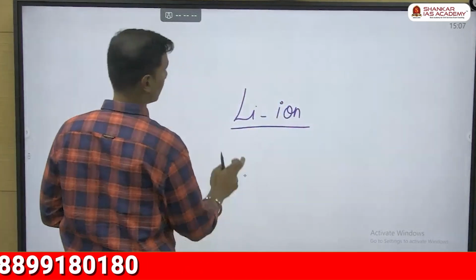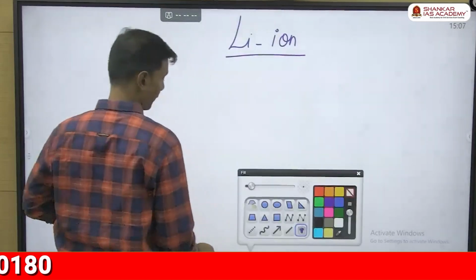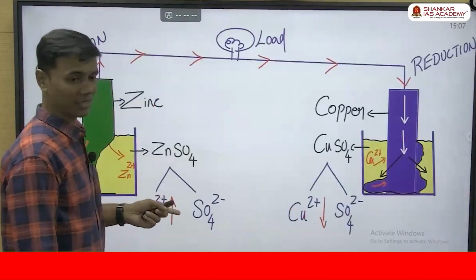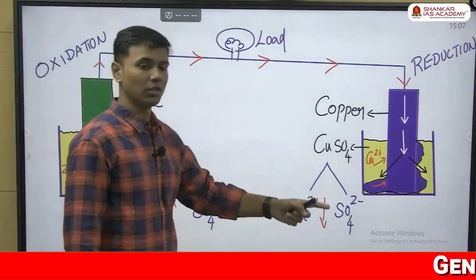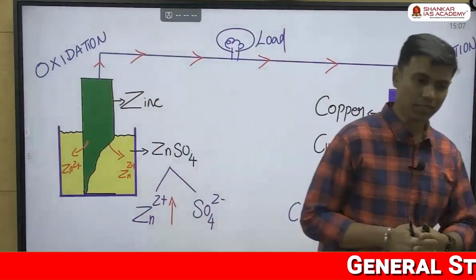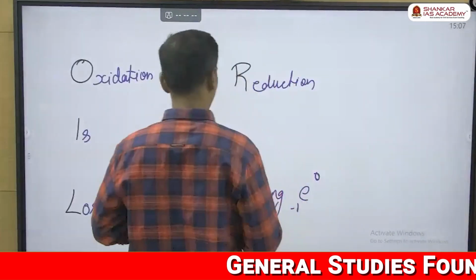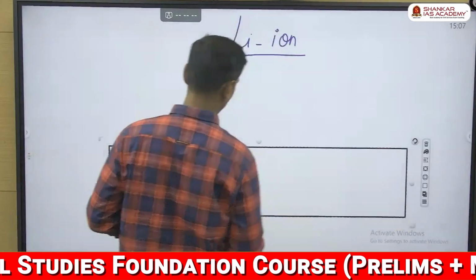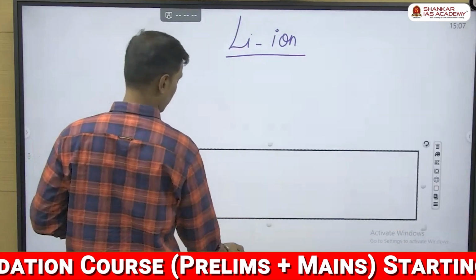What happens in lithium ion? Till now, we were learning about these two, correct? These are half cells because this is one half, this is one half. When you connect them, it becomes a full cell, correct? But in modern days, we don't have two different containers. We use a single container. Lithium ion batteries are all built in a single container. In this,